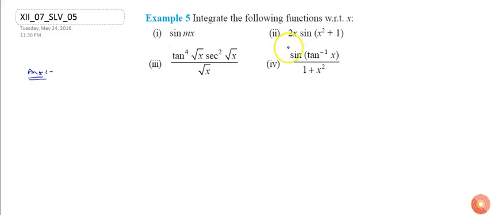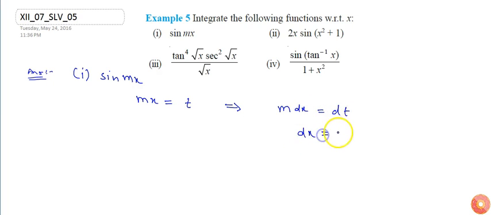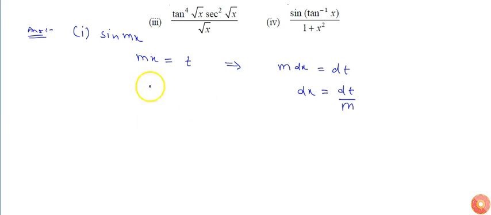This question consists of 4 parts, so I'm going to solve it one by one. So let's take the first, which is sin mx. I can use the substitution method here. If I substitute mx equals t, then m dx will be dt, or dx I can write as dt by m, since m is a constant. So putting the value of mx and dx in the question,